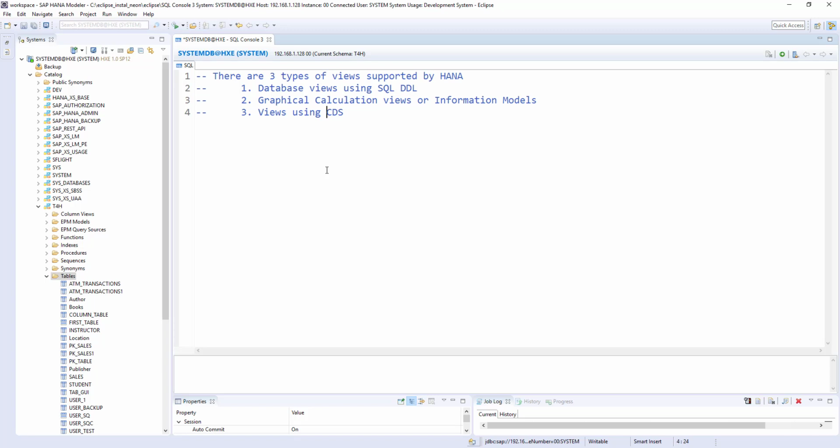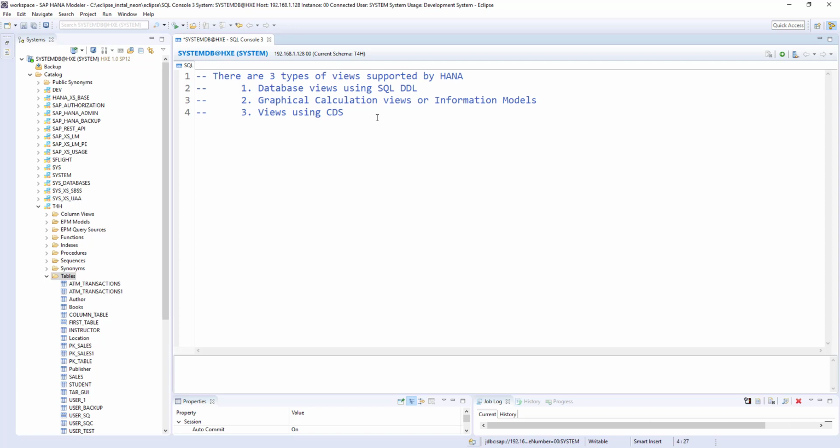It's not required to give access on the whole table. You can give a set of data in the table by using views. Those are the advantages, and they apply not only to SQL views but to any view, even graphical calculation views or CDS views. Those are the basic advantages of views.